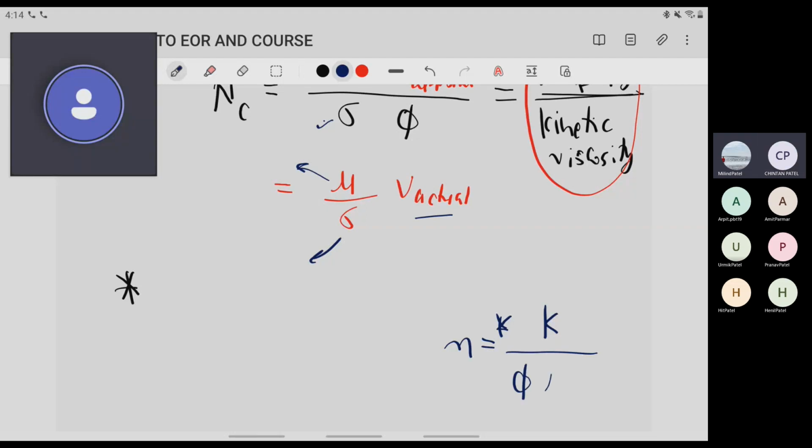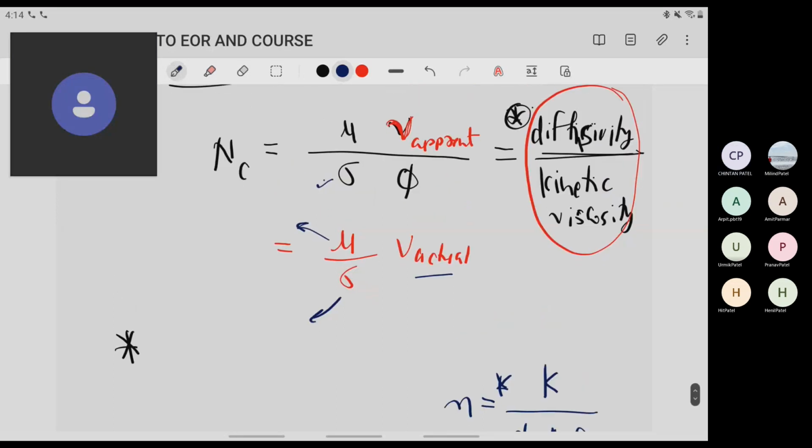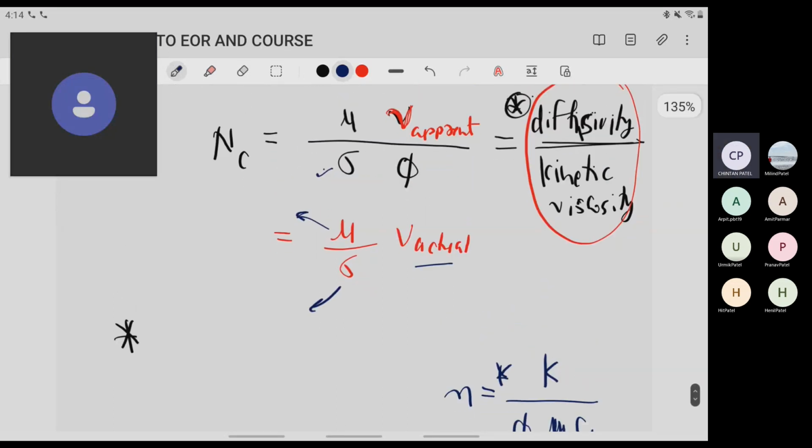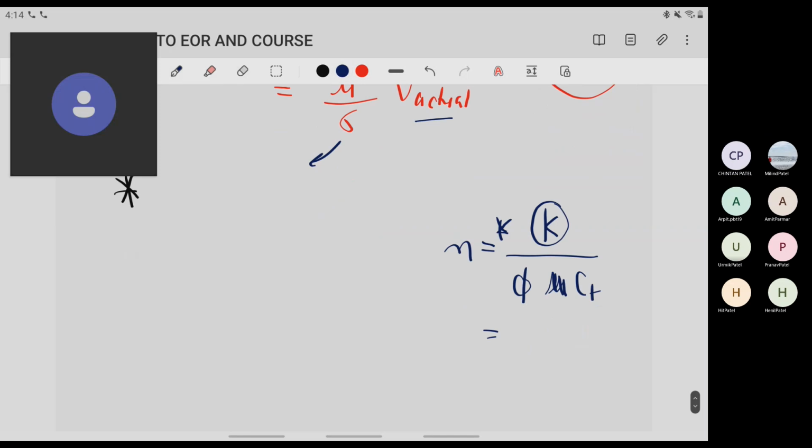K by phi mu ct, I think. Okay, then it won't be the ratio here. K is the permeability. Okay, just replace this K with Darcy's law. Replace this K with Darcy's law. Then what it should be